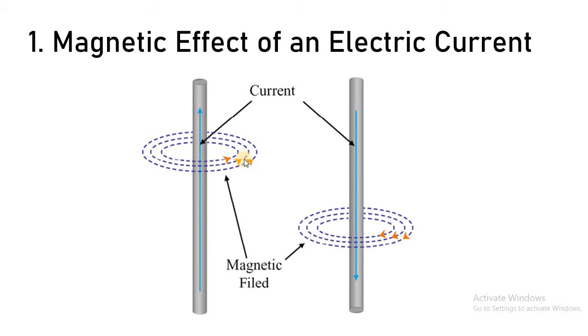But if I have AC current flowing through that particular conductor, then as we know that AC current is alternating current, so it changes its direction after every cycle. So because current changes its direction after every cycle, the field will also change its direction after every cycle. Clearly understood? Okay, so once again we will revise all the points.